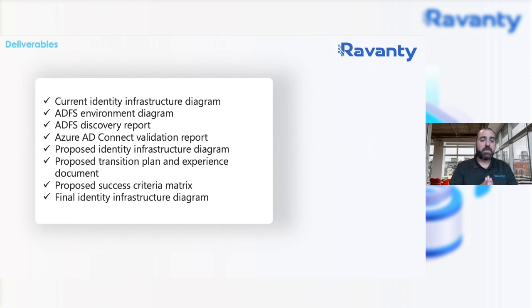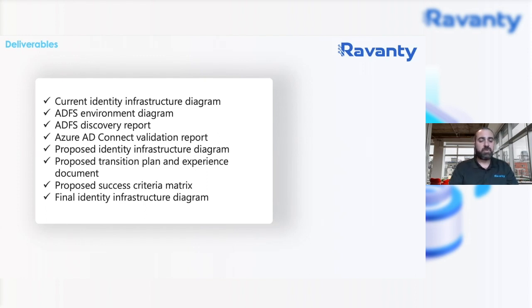And from a deliverable standpoint, if this is something that your organization is interested in conducting, typically these are the deliverables that we would hand over to the IT team or the team responsible for the transformation. Obviously all the diagrams and reports that are applicable to discovery processes, any type of validation that needs to take place. If you already extended your environment to cloud, you already have Microsoft 365 presence, we typically would validate what's in place and not just jump into cutover processes or transformation processes.